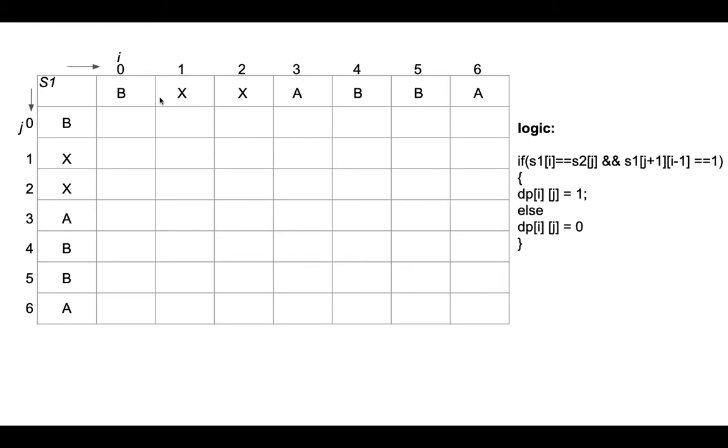Let's take one example of window size 3. This window would represent these characters, and this window would represent these characters. If the window size is 3, we can clearly say that both of the cells would already be filled, because in the first iteration there would be window size 1, and in the second iteration window size 2, and those windows would have filled both of these cells, right? So we would be here at window size 3.